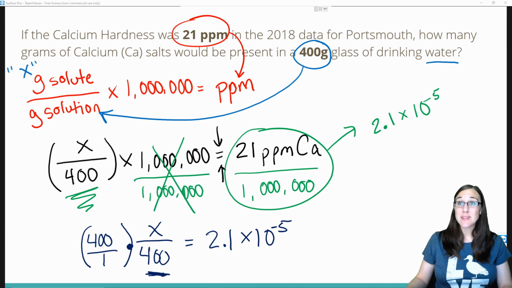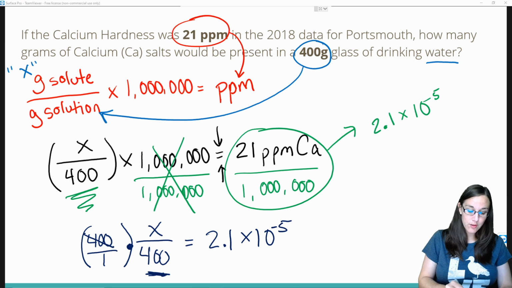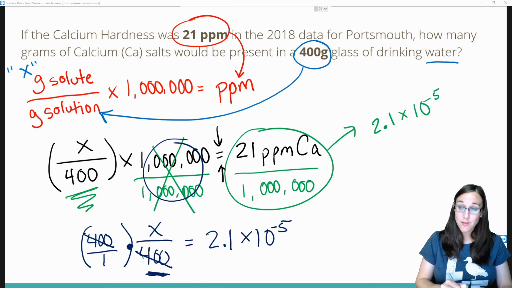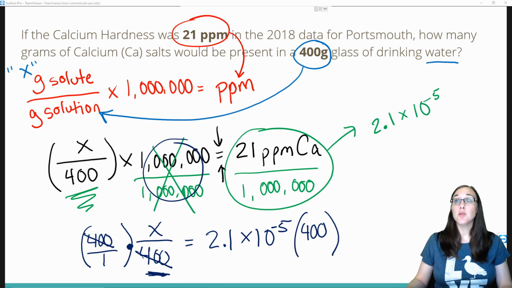That will effectively cancel out the 400 on this side because 400 divided by 400 is 1. It's pretty much the same thing we did up here to get rid of it. So now we have 400 gone on the left side, but what we did to the left side, we need to do to the right side. So 2.1 times 10 to the negative 5 times 400 is going to give us